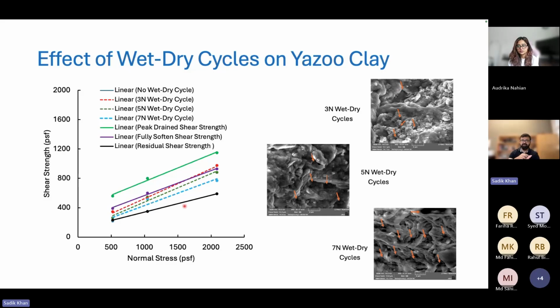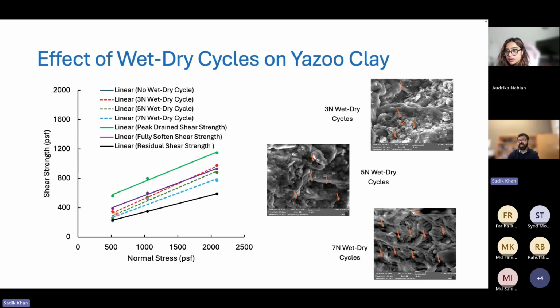So basically, we usually have a peak strength, and after the peak strength is when the soil has the shearing, there is a reorientation of the soil particles, and because of that, the shear strength drops significantly, and we can find it out from the direct shear test or ring shear test. And in between, if we test different samples at different wet-dry cycles, what we can